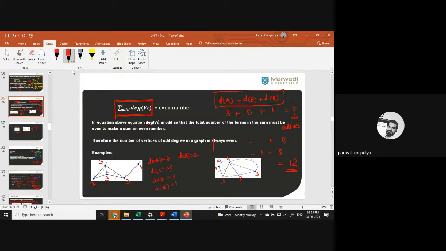So it is not the correct answer because we required an even number. And here we just collected 3 odd numbers. And addition of 3 odd numbers is not always an even number. Okay. So how many numbers do I have to consider? I have to consider 4 numbers. Means an even count, means 3 plus 5 plus 1 plus 3. That you will get an even number. So the number of quantities, the number of vertices, must be even to get its sum as an even number.